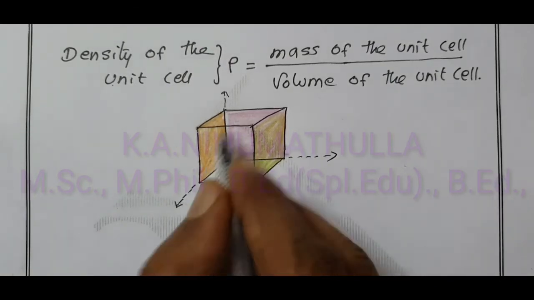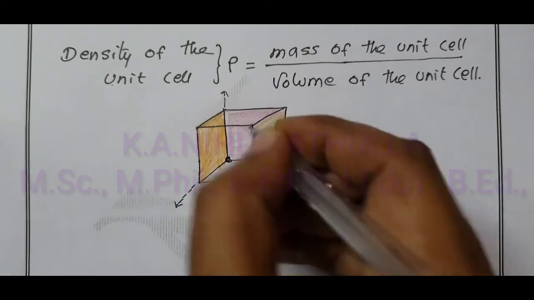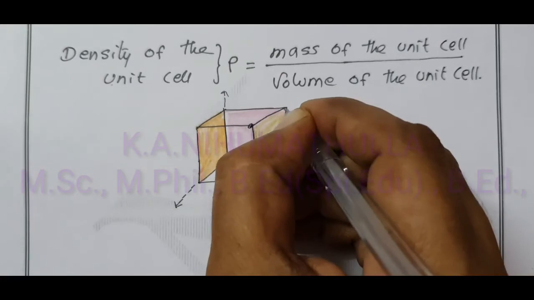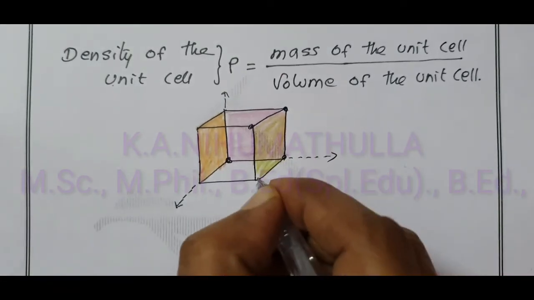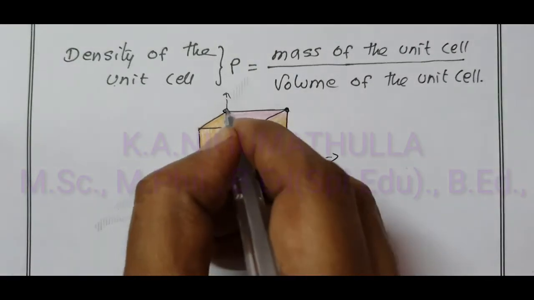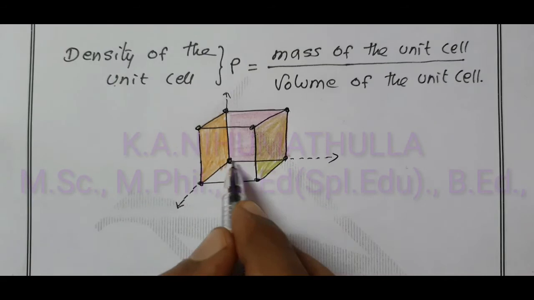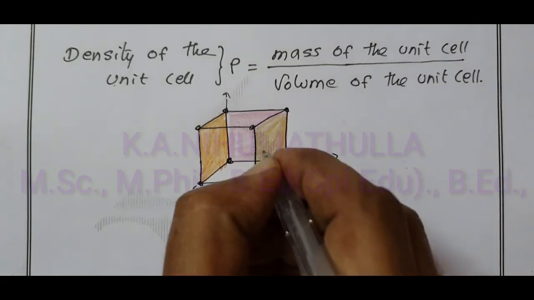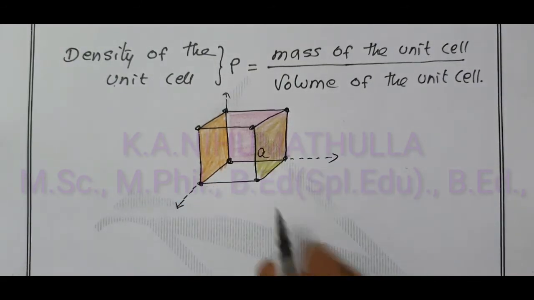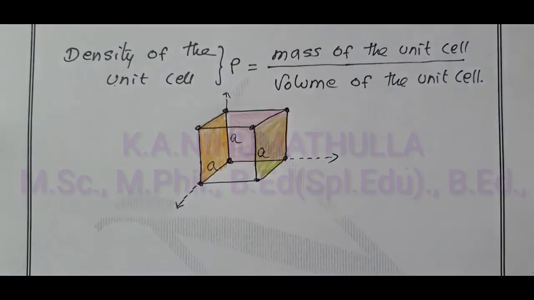In a cubic unit cell, we know all the edge lengths, the distance between 2 points, are all equal. Starting from this up to this, taken as a, all the lengths are equal. Therefore, if the 3 points are taken as a,